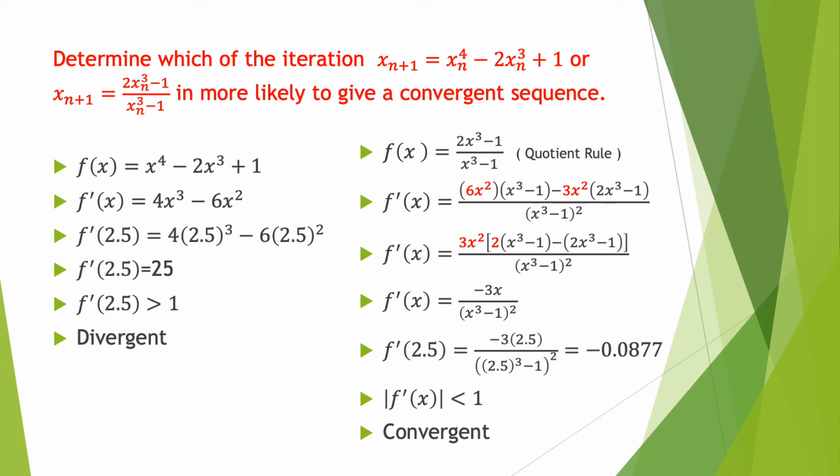So we differentiate the function given with respect to x. So f'(x) equals, we apply the standard rule of differentiation to solve. So we have 4x^3 - 6x^2,